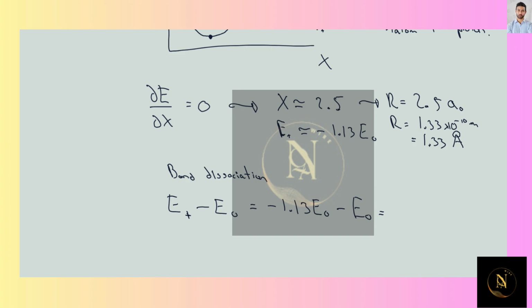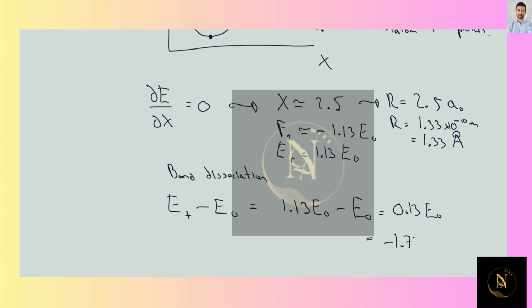Oh, sorry, over here it was F plus, so the value for energy plus at equilibrium is equal to 1.13 E naught. So this is positive, sorry about that, little mistake. So we get that the bond dissociation energy is then 0.13 times the value for E naught, which is approximately